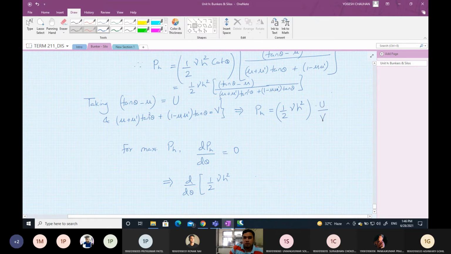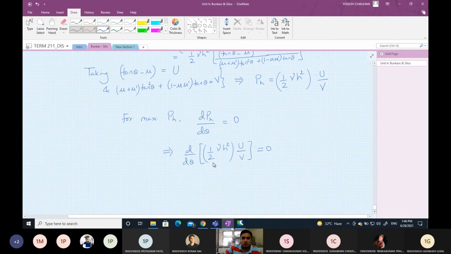d(u/v)/dθ = 0. So this is constant, so that can be taken out. So 1/2 γ h² is constant, and now differentiation of u/v will be equal to (u dv/dθ plus v du/dθ) whole divided by u²